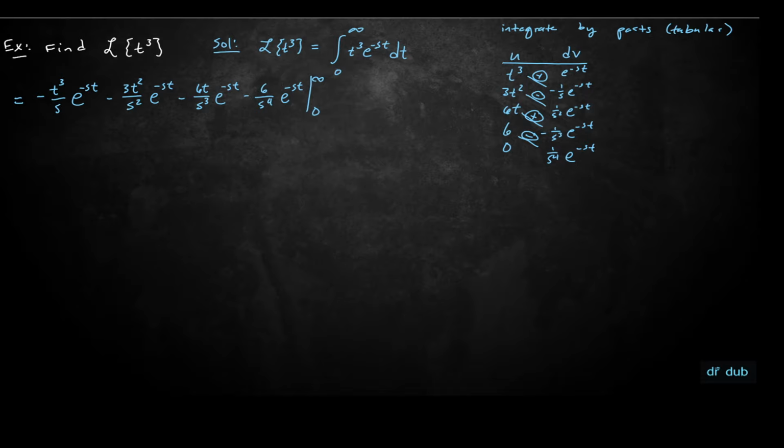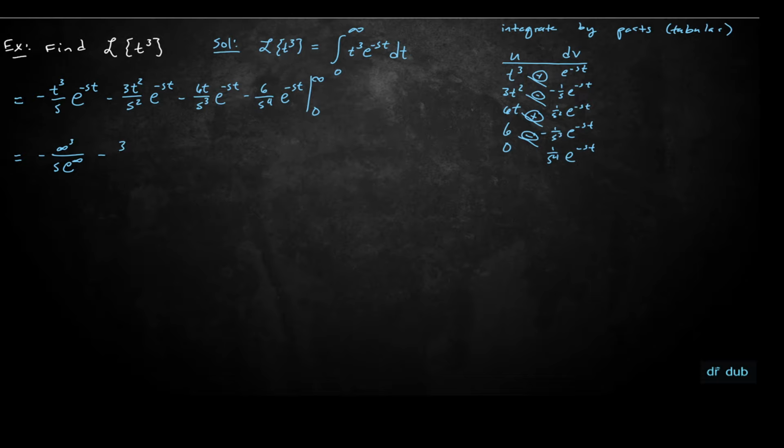And when I say from 0 to infinity, that really means the limit as t goes to infinity. So we're basically plugging in infinity. So it's like negative infinity cubed over s times e to the negative infinity. Or sorry, e to the infinity. So over e to the infinity